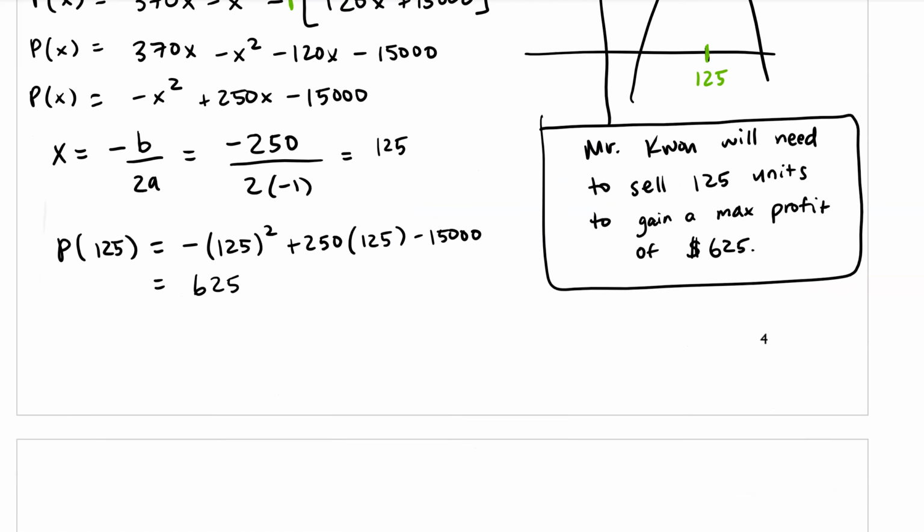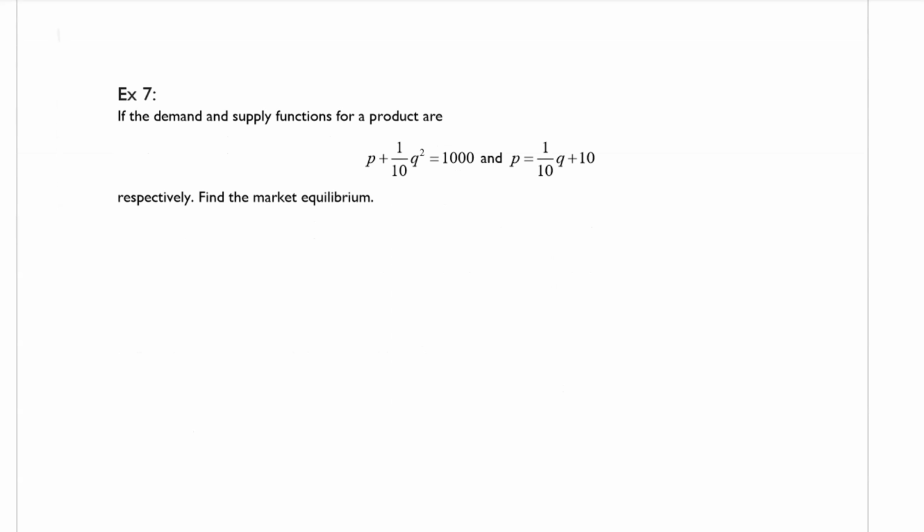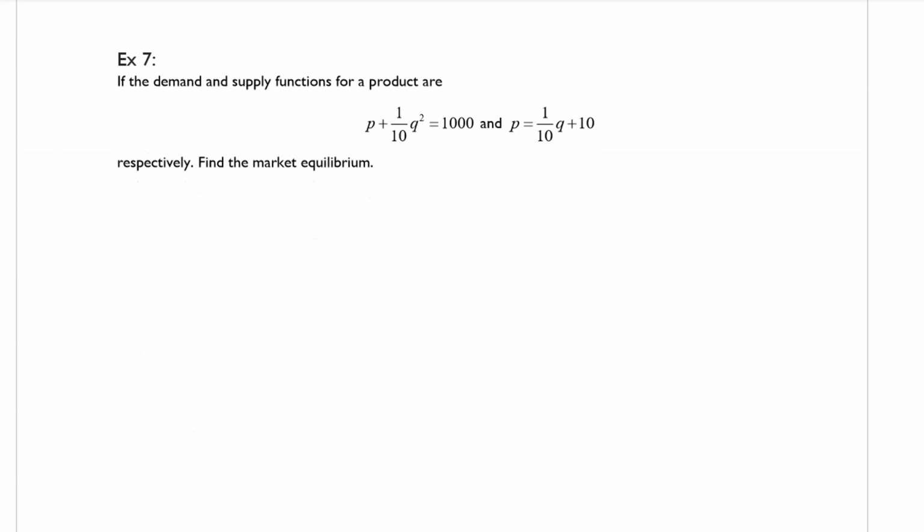All right, let's move on to example 7. It says, if the demand and supply functions are given by those equations, find the market equilibrium. Okay, so one of our equations is already solved for P, which is nice, but I'm going to take this first equation and solve that for P. I'm just going to subtract the Q term to the other side. So we end up getting P equals -1/10